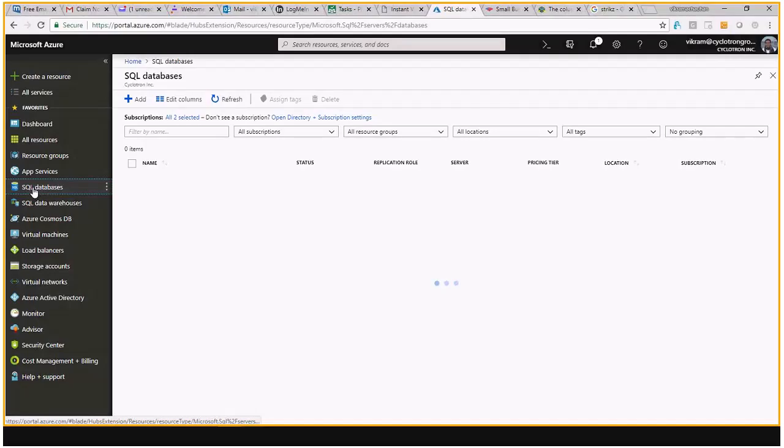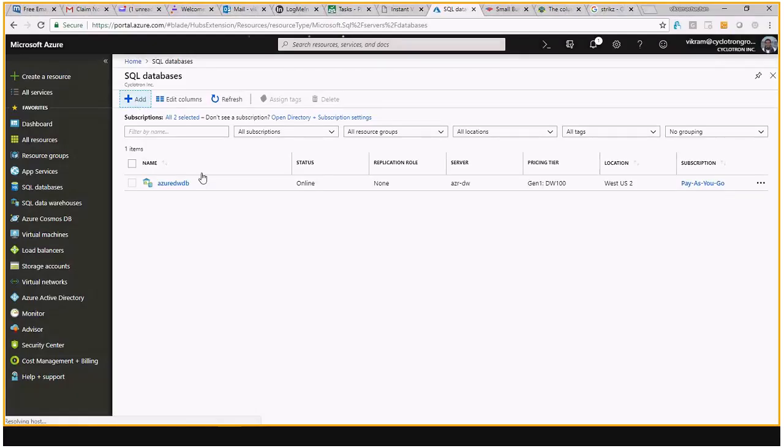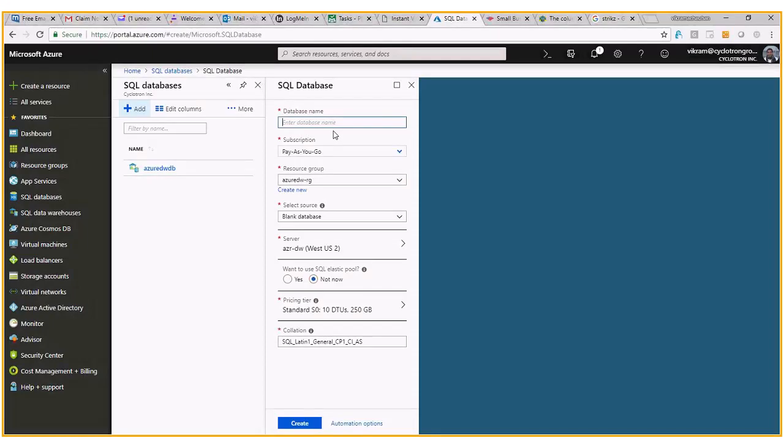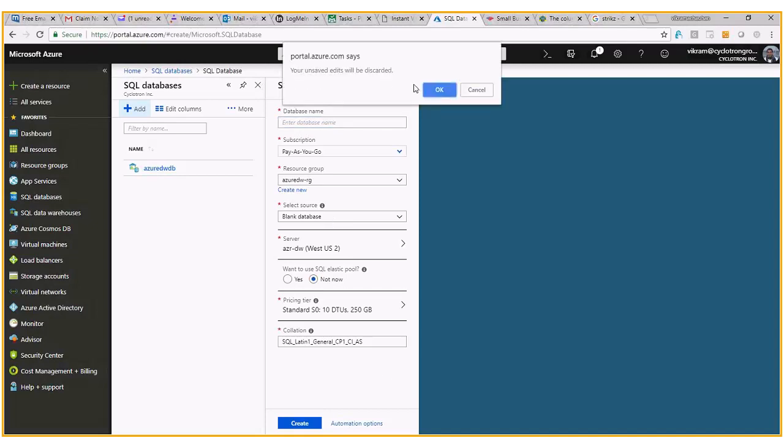Apart from this, you can also establish PaaS databases here. So you have the capability of creating brand new databases and associating resource groups and computation to these specific databases as well.